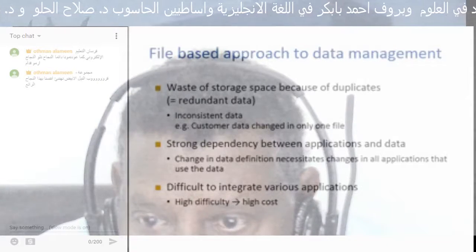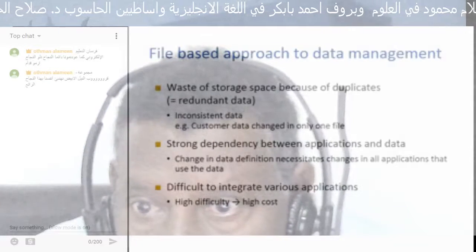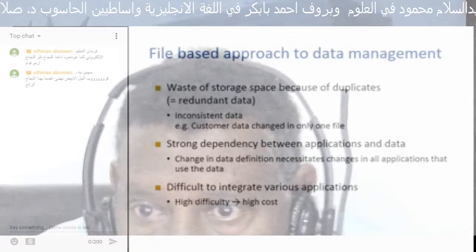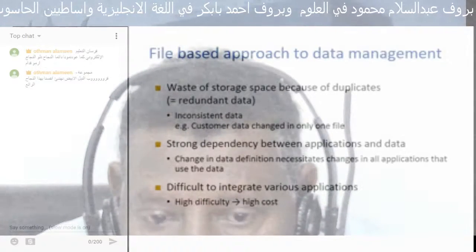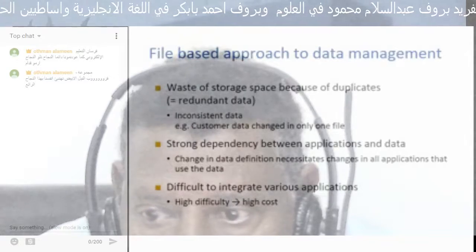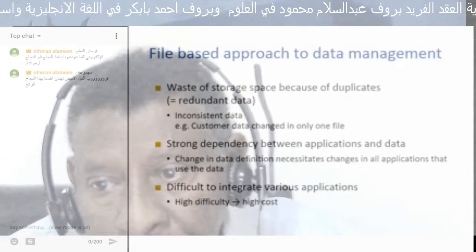So also, if you're going to change your customer data in one file, you will need to change it in all the other files, and you will also need to change the definitions in each of the programs, which is again not very nice. We also have a very strong dependency between applications and data. As I said, the change in the data definition necessitates